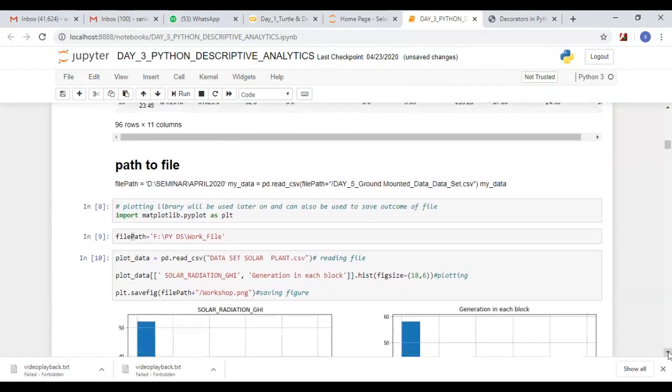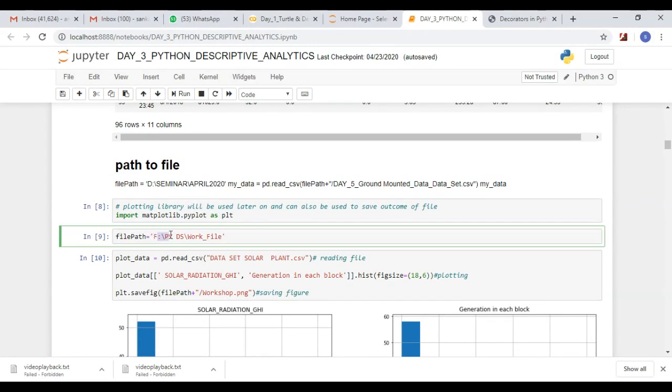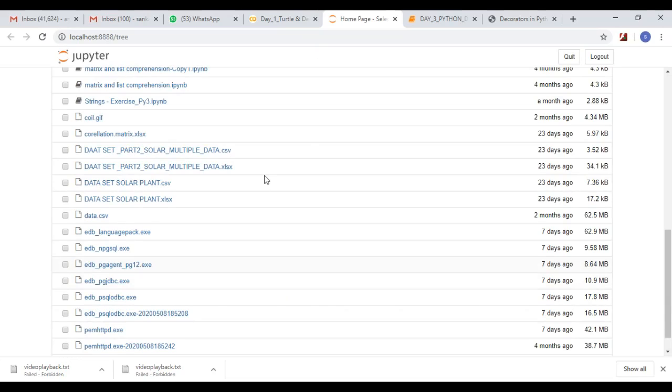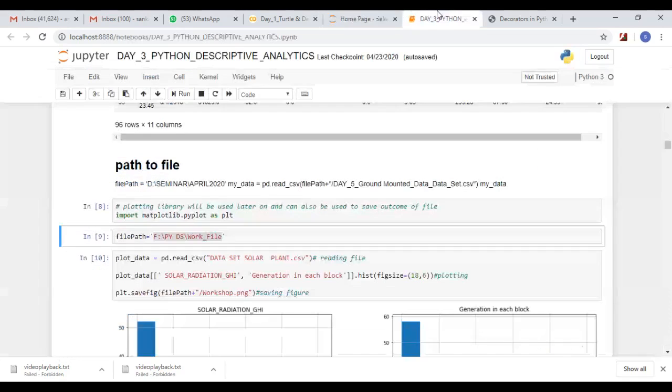Then we are setting a file path. See, here I am setting the file path. I am going to use my local file because I may merge or delete anything. So I am not using this CSV file; I am going to use the one from my local.